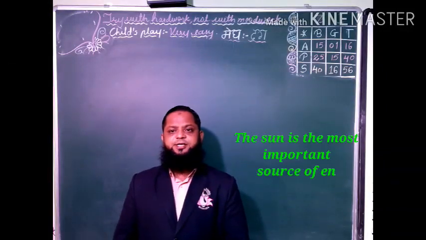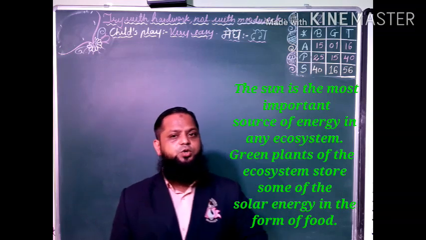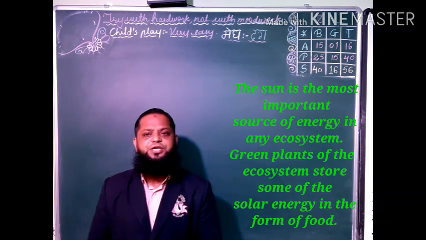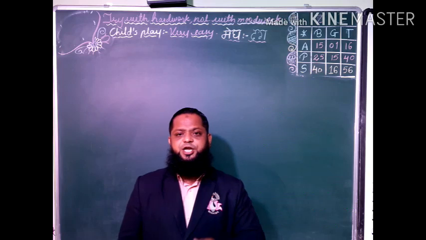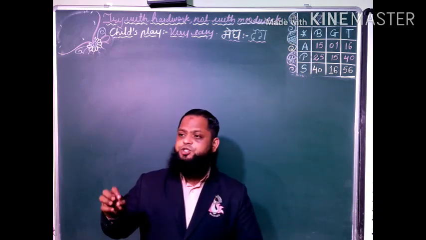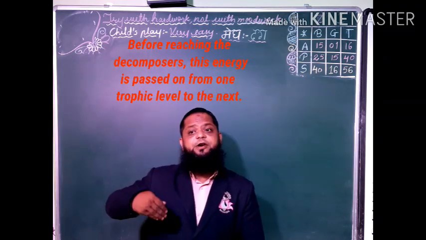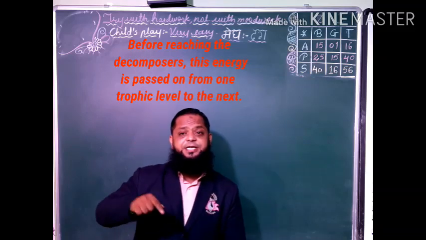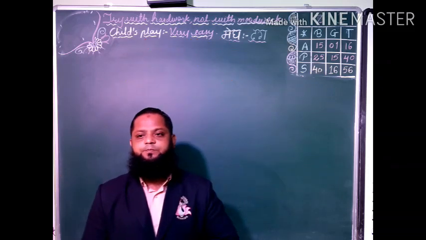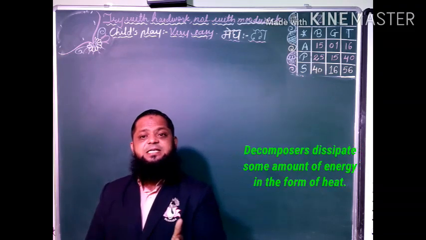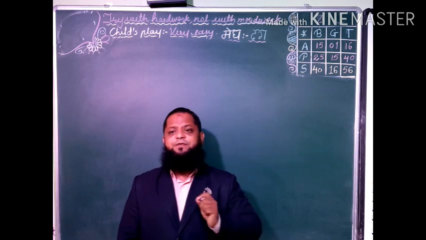The Sun is the most important source of energy in any ecosystem. Green plants of the ecosystem store some of the solar energy in the form of food. Before reaching the decomposers, this energy is passed on from one trophic level to the next trophic level. Decomposers dissipate some amount of energy in the form of heat. However, no part